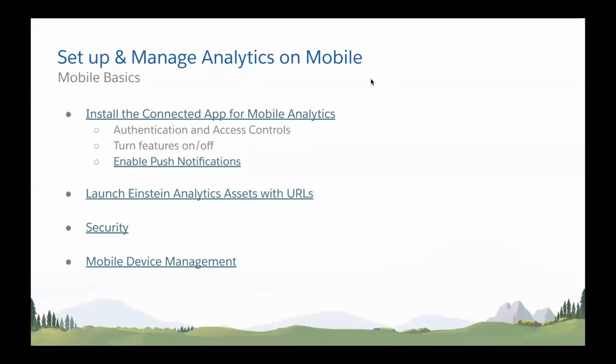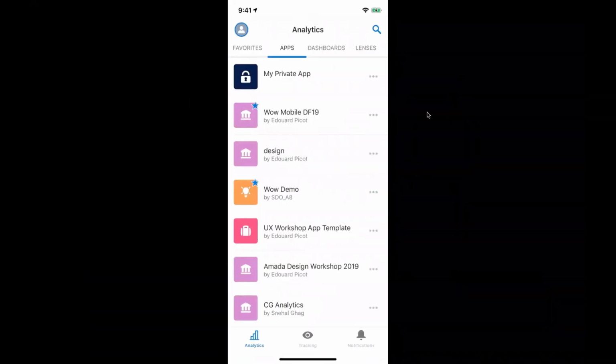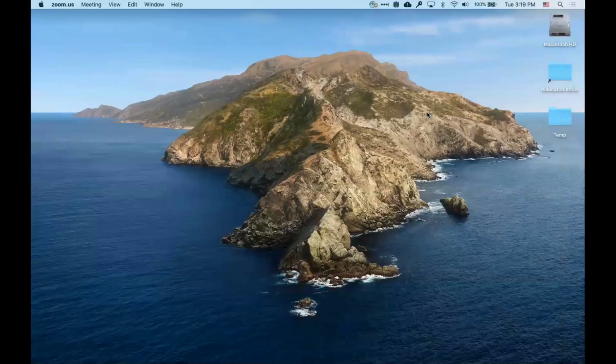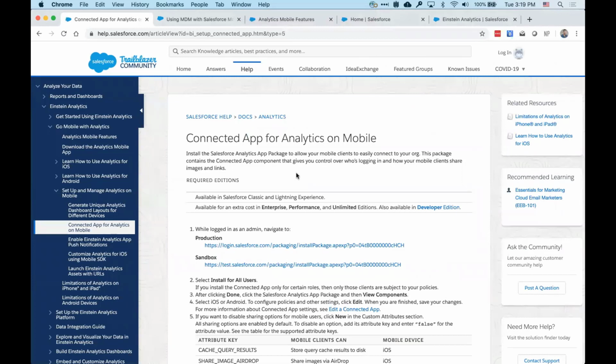So I've listed some of the items here, and one of the items that I highly recommend everyone who's thinking seriously about deploying mobile for their orgs do is installing the connected app. So let's look at that for a second. So here's the documentation for what the connected app is and how you can install it. And the reason you want to install it is that it's going to give you a lot